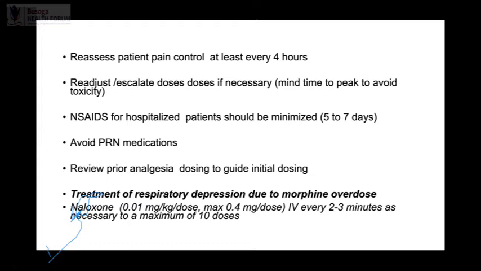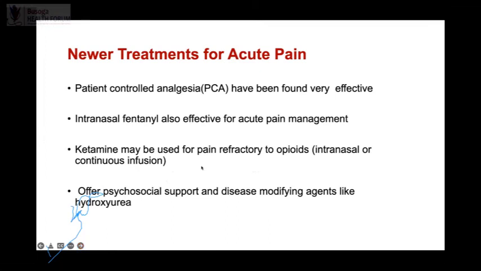So if your health center or your hospital is giving morphine, make sure that the pharmacist procures naloxone. It is very good, it acts very fast, but you must have it and you must know how to give it. Morphine overdose actually kills, okay? So this is an important thing I thought you all needed to know, okay?